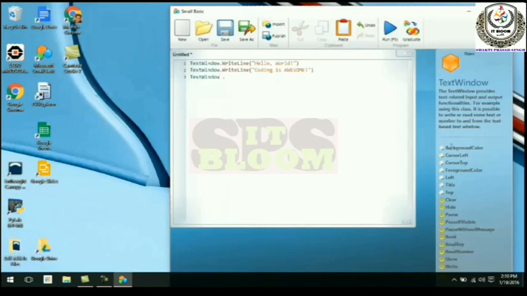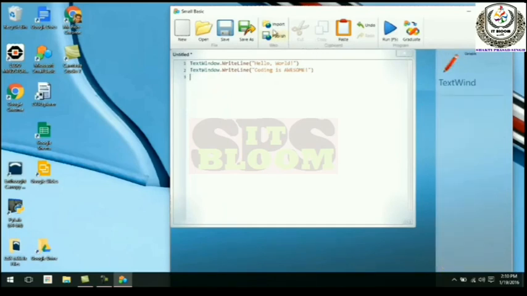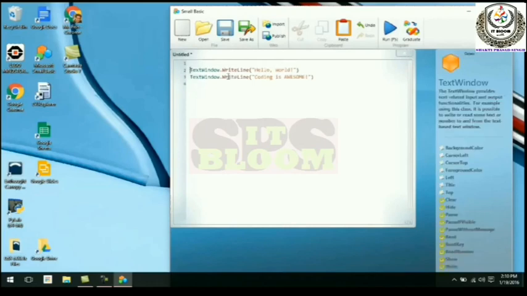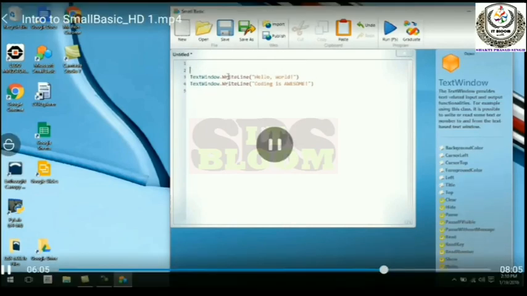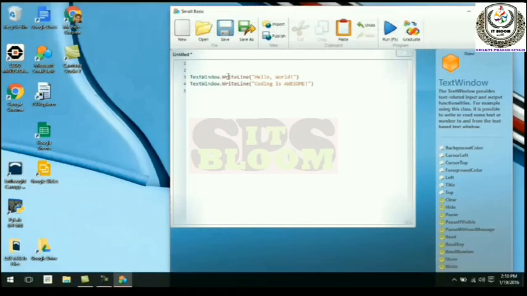On the right side you will see the objects available with that. This is the program for basic. This is the text-based environment. Whatever information you want to display in the form of text, you can write accordingly. Whatever you write under the parentheses within the double quotes will be displayed.